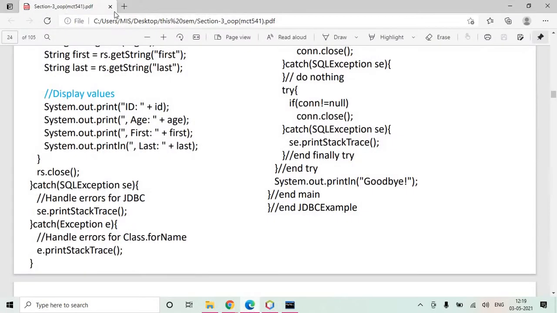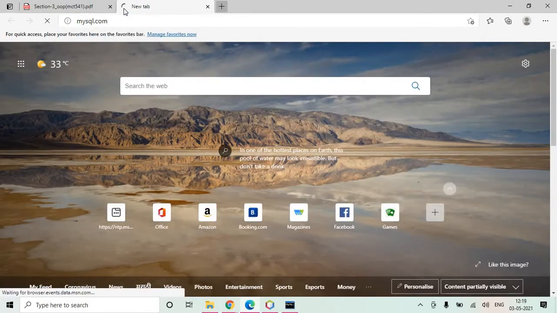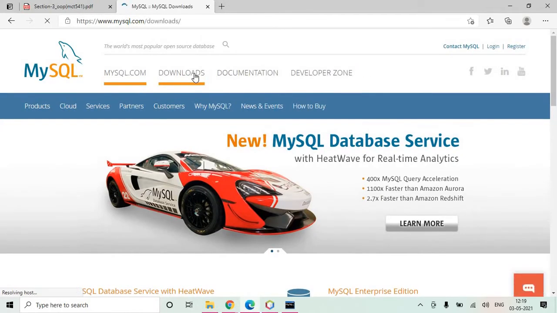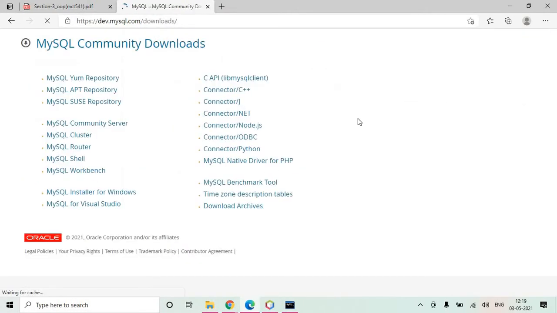So basically you can go to mysql.com, go to the downloads section, go to the community downloads, and here you can see various connectors: connector for C++, connector for Java, connector for Node.js. You can download the connector for Java.